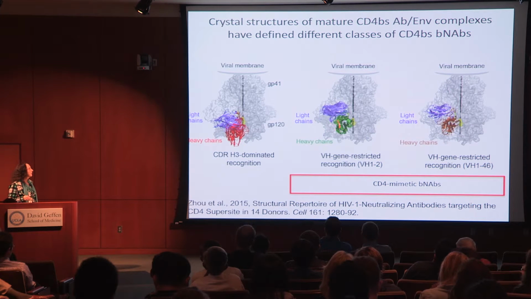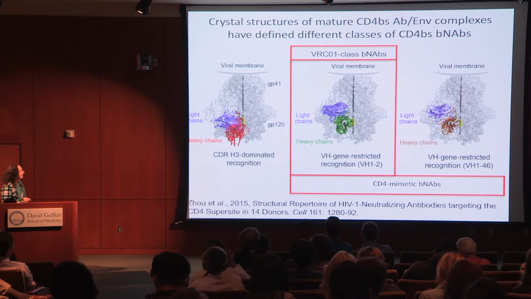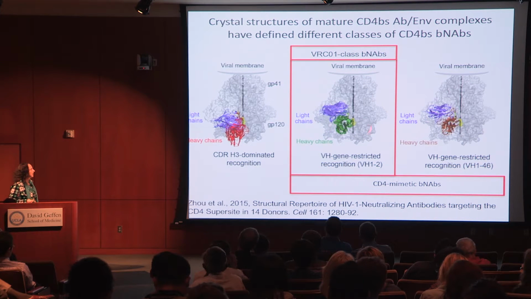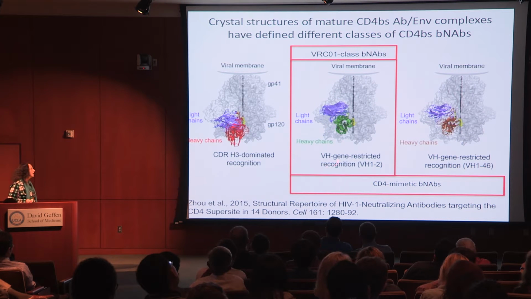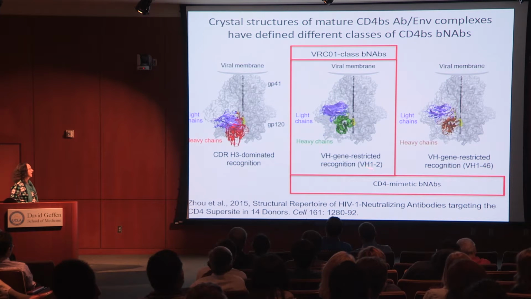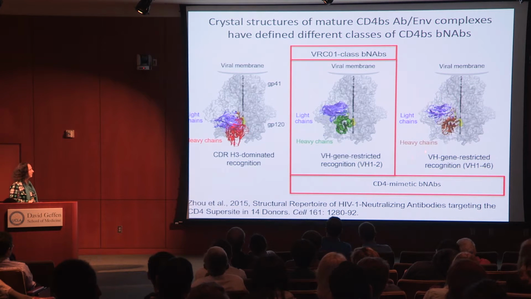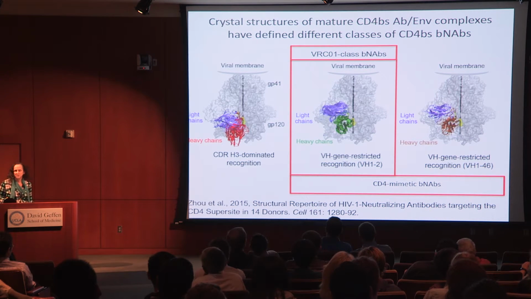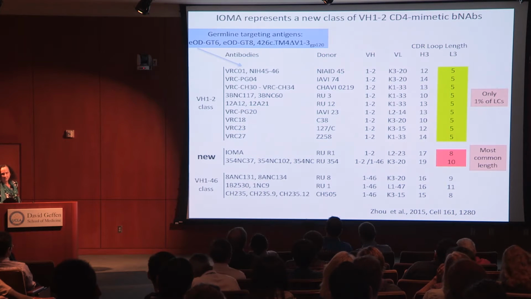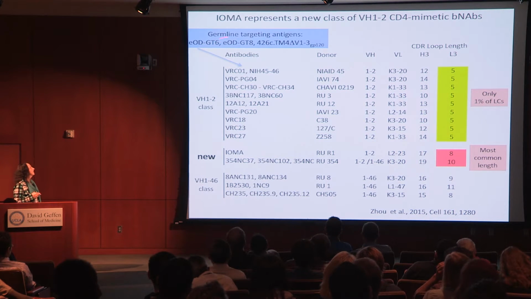And so there's a class of CD4 binding site antibodies that mimic the CD4 structurally. So the heavy chain down here kind of mimics what CD4 looks like, and then they bind and block the site. And they all come from a particular immunoglobulin VH gene that's called VH1-2. And they've been isolated from like 9 or 11 different donors, and they all come from this VH1-2 germline gene. Now, this has been a goal for a number of labs to try immunogen